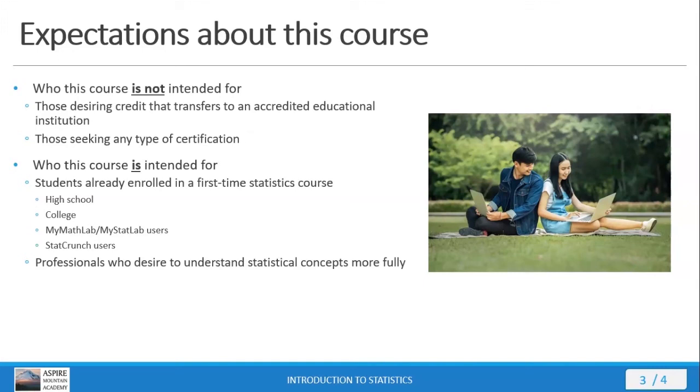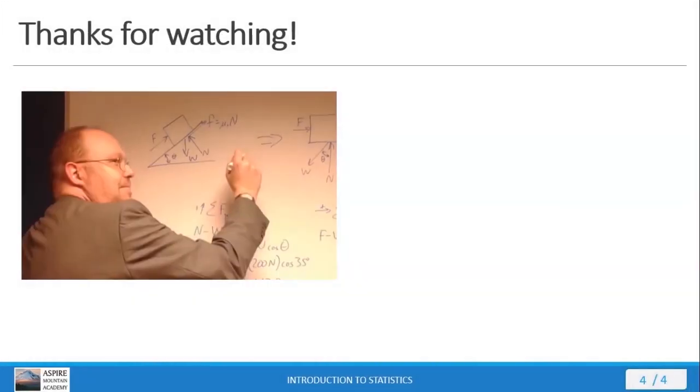So, if you proceed with this course, you're going to find that many lectures presume a mastery of introductory mathematics. A knowledge of algebra is also very helpful, especially when working with linear regression. So, if you feel you need more grounding in these prereqs, then go back to Aspire Mountain Academy, the website, and check out other courses that we offer. And if you don't find what you need there, then there are plenty of other places online where you can get what you need. And that brings us to the end of this mini lecture.